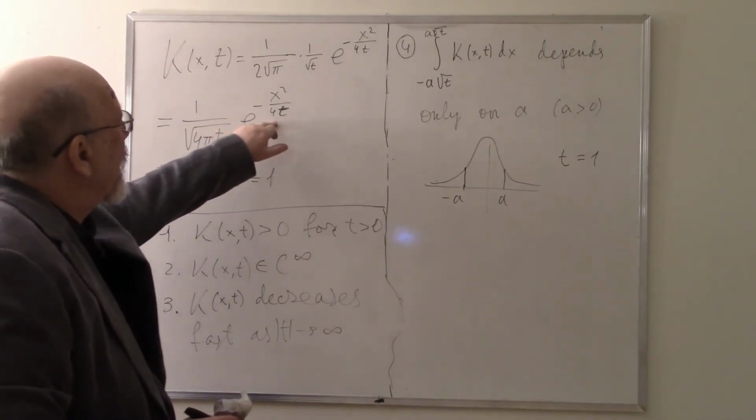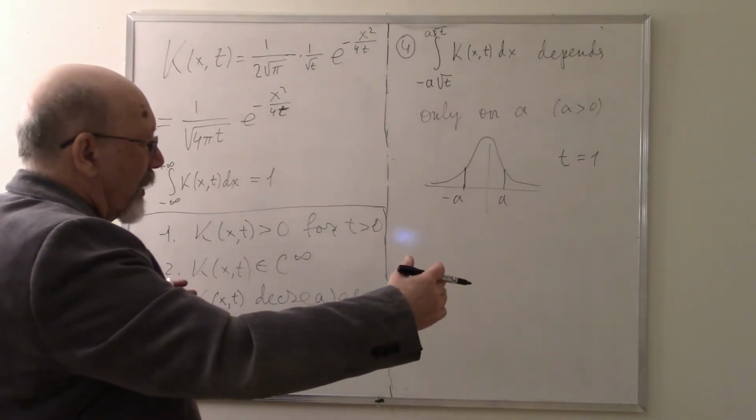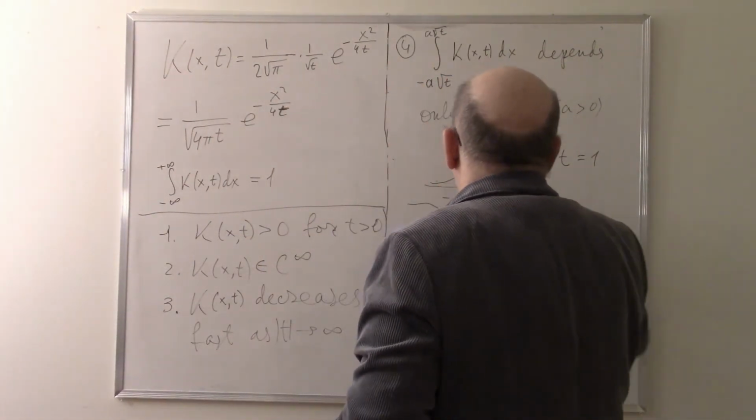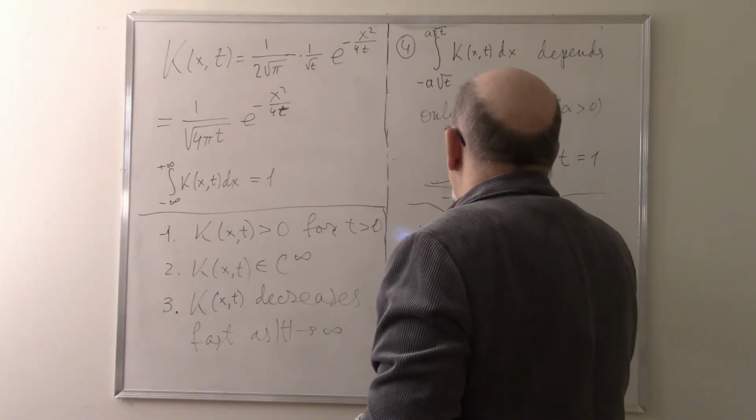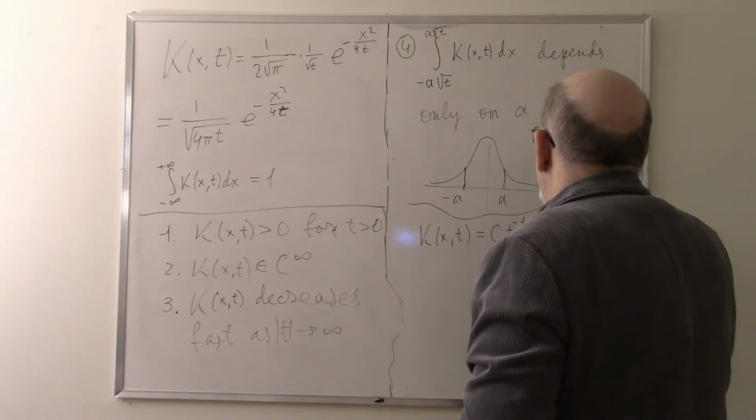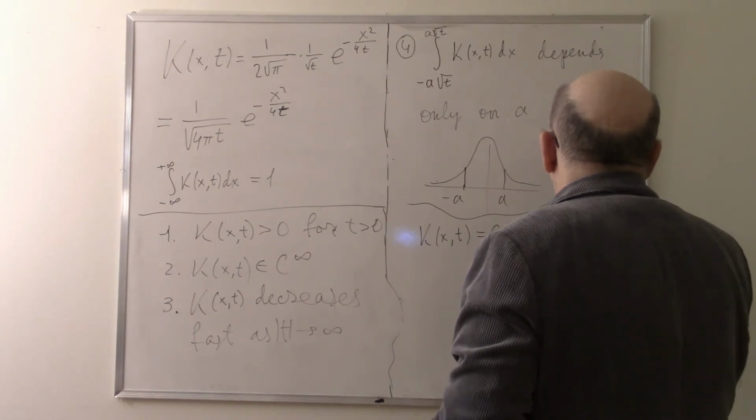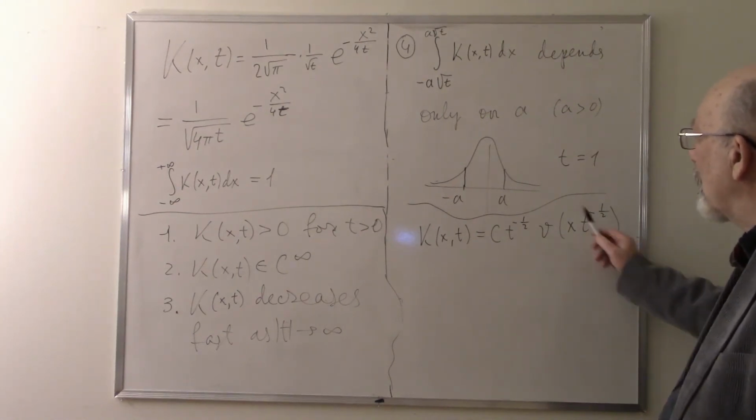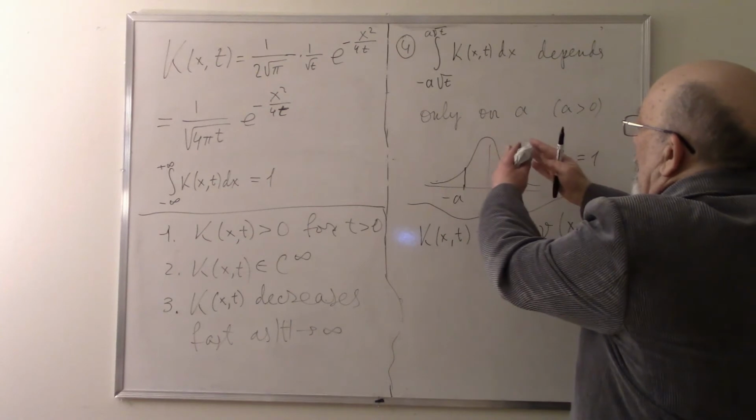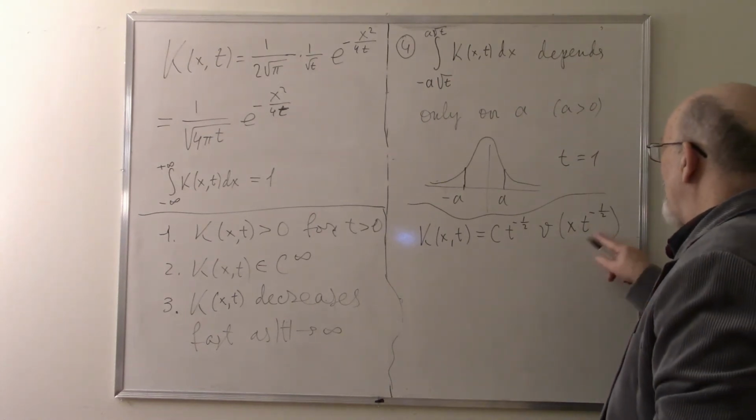Then this function shrinks or stretches with coefficient t. Yes, so our function has the form k(x,t) equals c t^(-1/2) v(x t^(-1/2)). For t small, this shrinks. For t large, this expands, but it is multiplied by the argument x multiplied by a constant parameter, and so